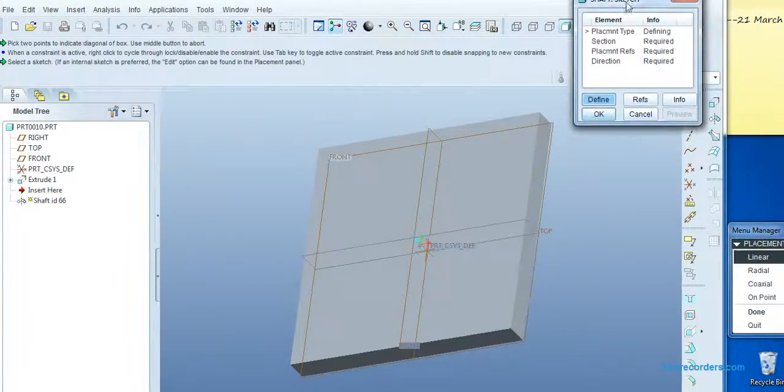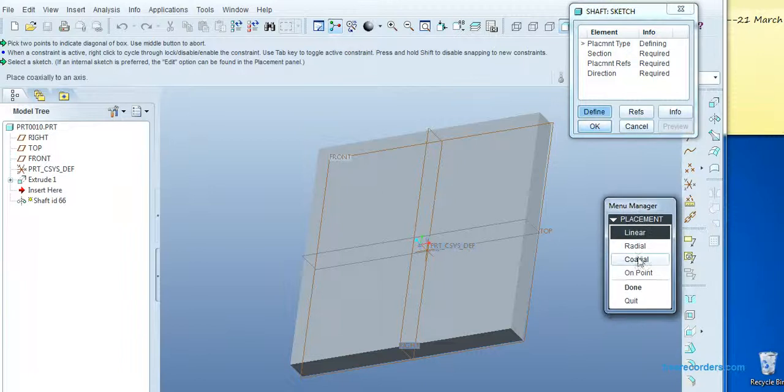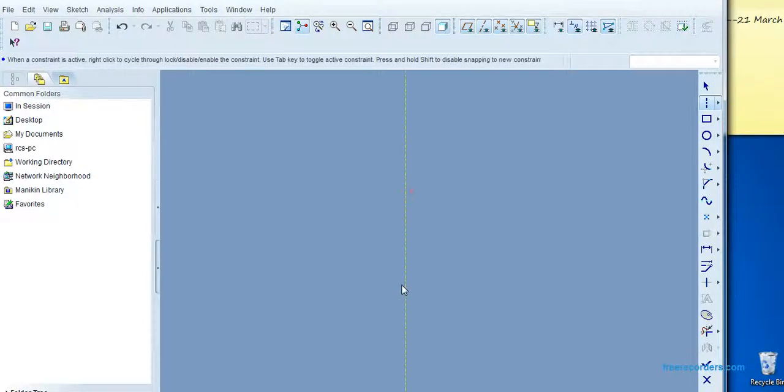There are four types of elements. The first one is for placement. Our object is linear, so we are placing the shaft on a linear form. So we are done. The new sub window is open. This actually works as a revolve command. First we have to make one geometric axis, then